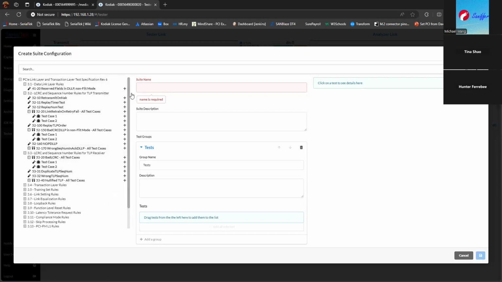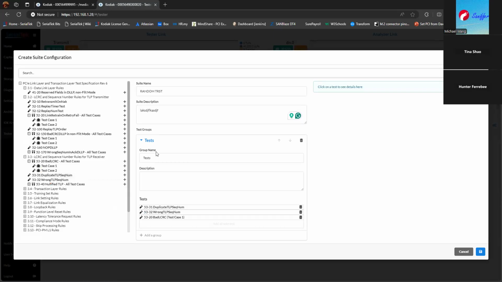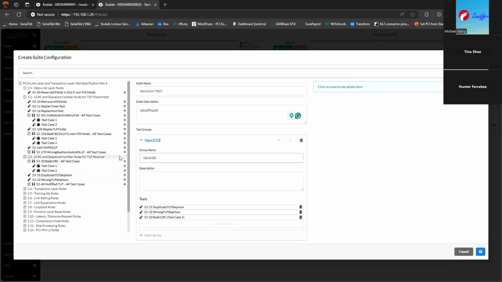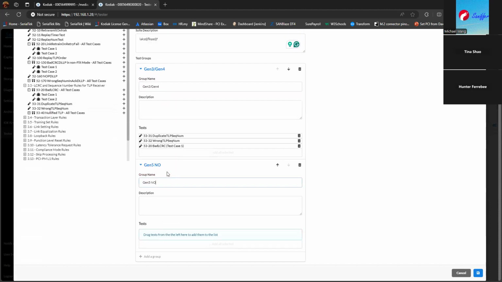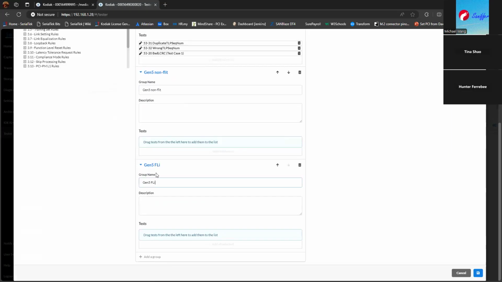So you can grab different groups of tests, give them a name and a description. You can actually have multiple test groups if you need that. Then you're able to drag over all the different tests. So you could have one test group be a Gen 3, Gen 4 test, and another group be Gen 5 non-flip mode. And then if you want to do any Gen 5 flip mode,